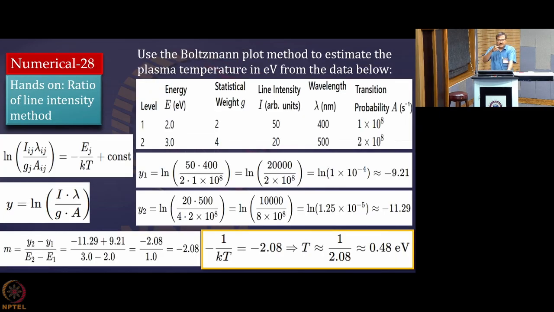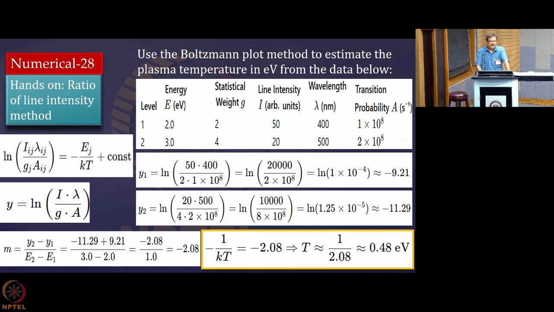Now coming to the last tutorial in this session. As I told you, experimentalists have a different trick to find out the correct value with utmost accuracy. In the first tutorial you have seen that you try to find the temperature directly from the Boltzmann relationship, but here what we are doing is getting the intensity. That is exactly what you measure using a spectrometer. You can find out the intensity.